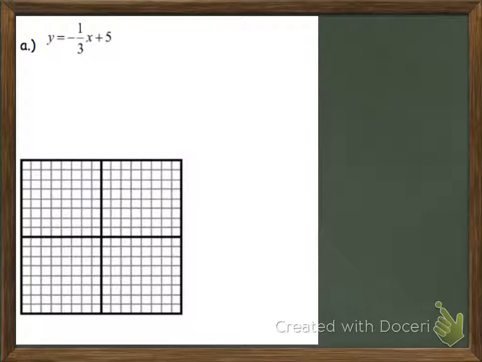We're asked to do the same thing for Got It, A and B. We've got y is equal to negative 1/3 x plus 5, and you're graphing using the intercepts. Now, if we remember correctly, this is in slope-intercept form. So this is your y-intercept. We just change it to the ordered pair (0, 5). For our x-intercept,